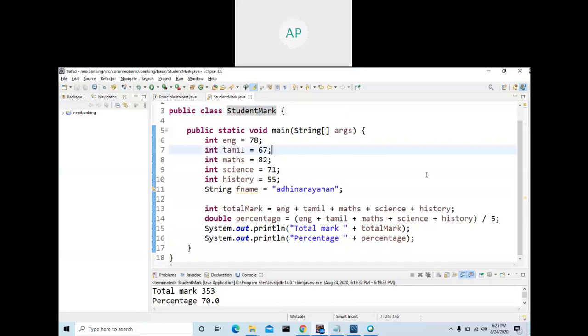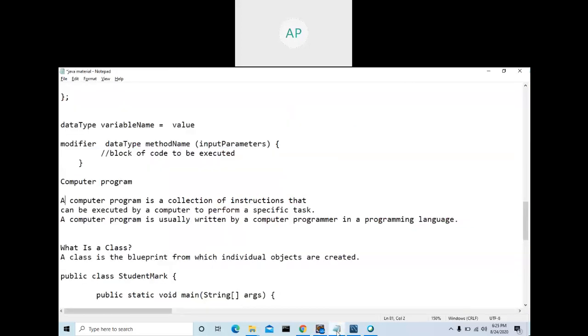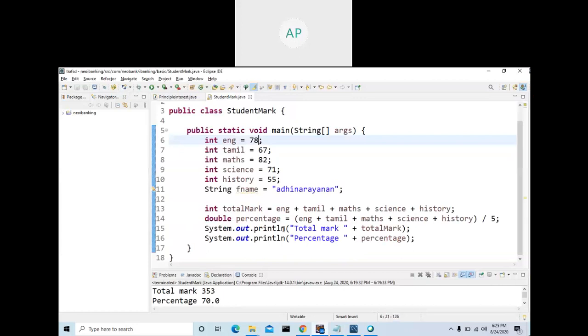If it's an editor and I make some mistake, your editor will tell you something is wrong. See here, it is telling me the value which you are storing is not right. You declared an integer but you are storing an alphanumeric value. These are all the things your editor will alert you about. If you write in Notepad, it is not going to alert you. That's the difference between Notepad and the Eclipse editor.